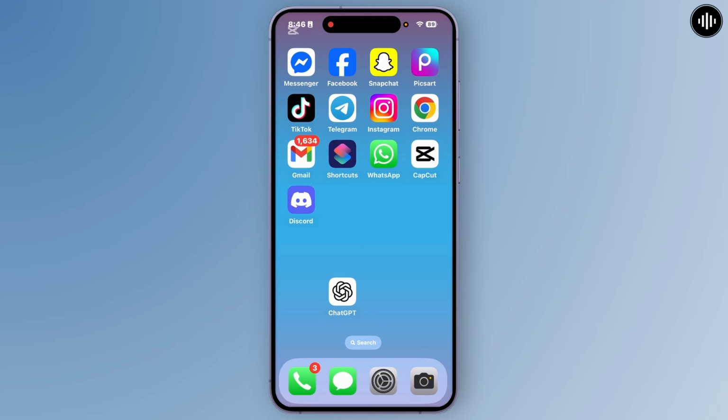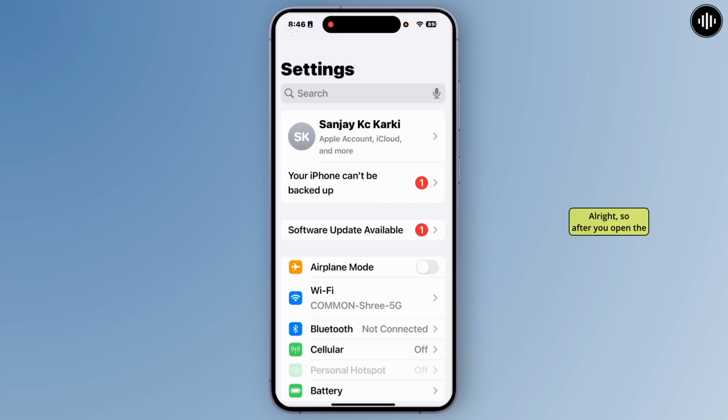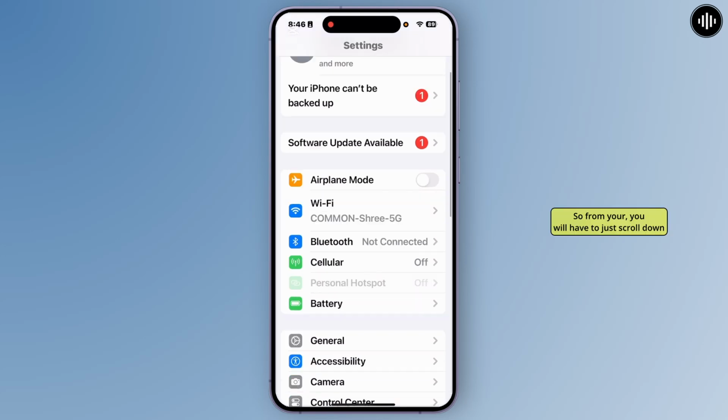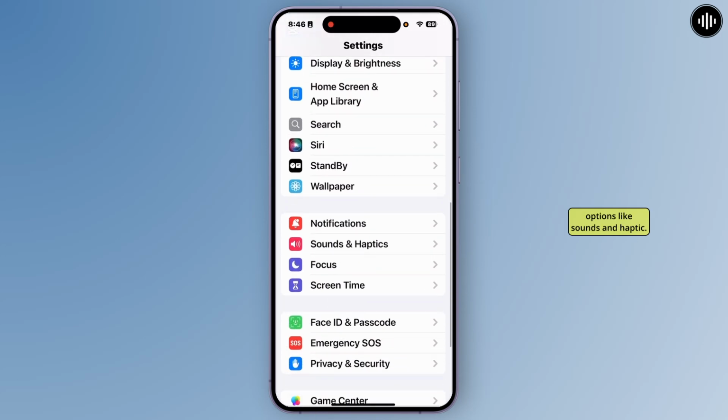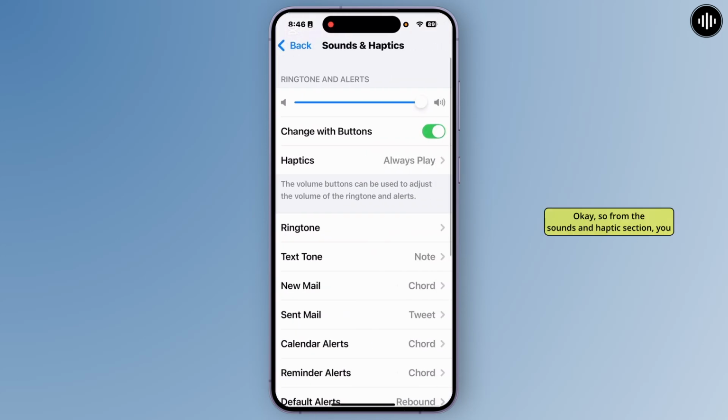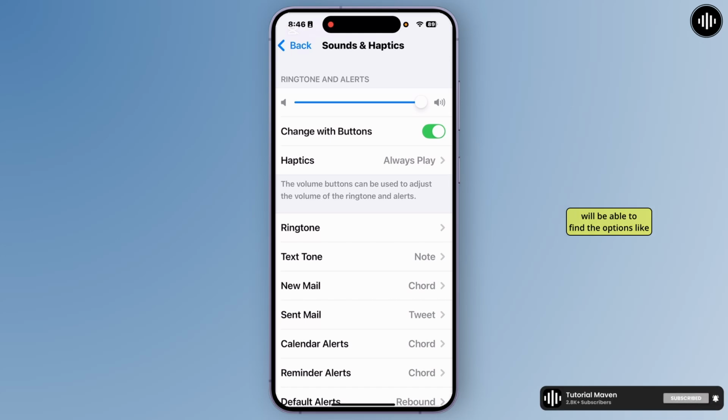So let's get started. In this process, at first you'll have to open the settings on your iPhone. After you open the settings, you'll get such an interface. From here, you'll have to scroll down and go to options like sounds and haptic. From the sounds and haptic section, you'll be able to find options like ringtone and